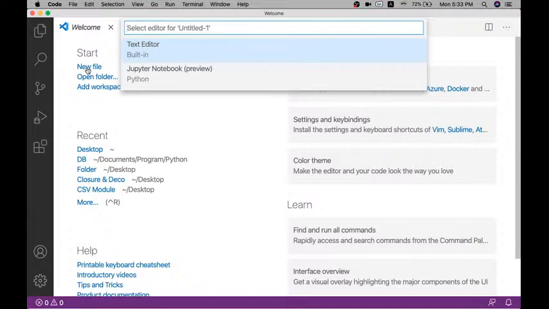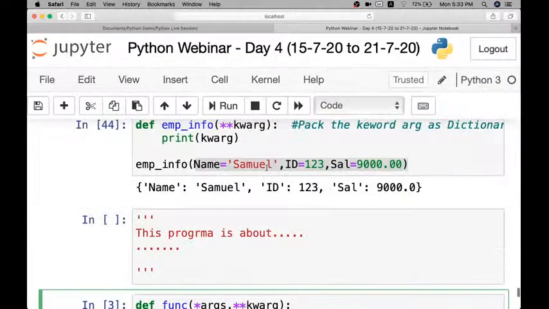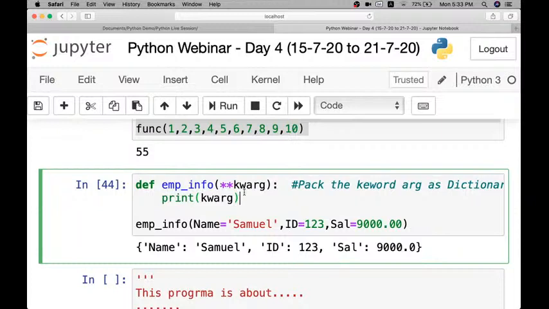Were you attending my session yesterday? If not, that will be a problem for you. Anyway, let me explain once and I'll proceed further. So kwargs is a keyword argument. Whenever I have my values as keyword arguments, I'll repeat again, that is with the variable name. This name is a variable name and Samuel is the value. I have some variable name and value together. And I have id, and again this id is a variable name and 123 is a value. Again sal is a variable, 9000 is a value. So when I have these values